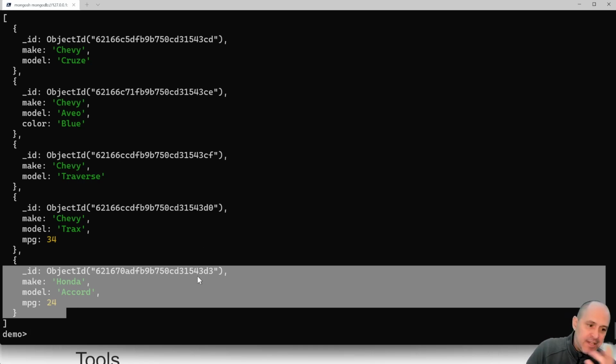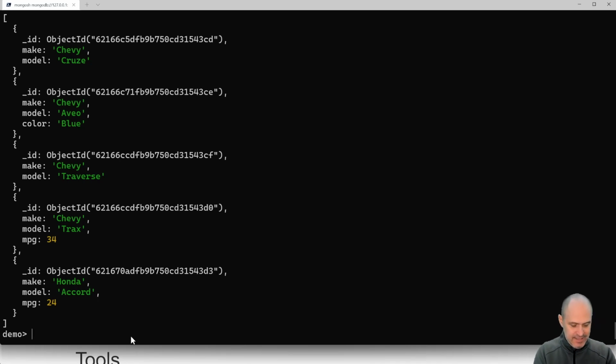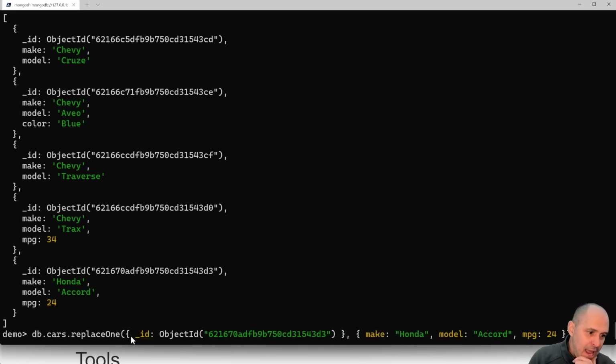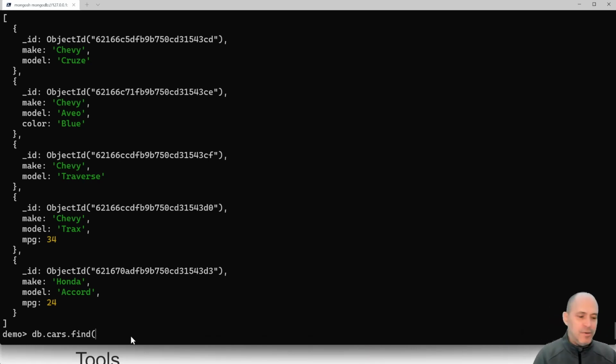Well, update is similar to replace, except it has this magic variable $set that allows you to specify which parts of the document you want to update, not the entire document. See, replaceOne is when you want to update the entire document. You want to just say, hey, you, get out, and here's your replacement. When you want to do an updateOne,